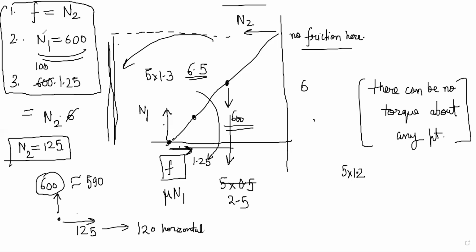So that is 43. If in this case they had said it's a limiting condition or something, could we have taken N2 as mu into N1, where mu is tan theta? N2 as mu into N1, because that N2 is friction. But mu is tan theta, how are you getting that? If it's a minimum condition or something. No, but mu is mu, dude. Mu is not tan theta. Mu is tan theta only in a certain situation, some weird situation.